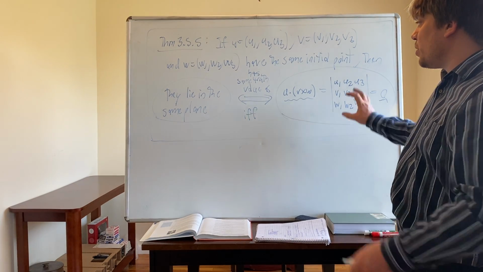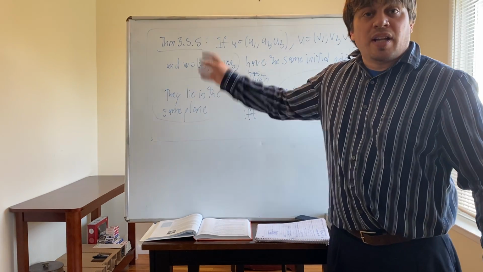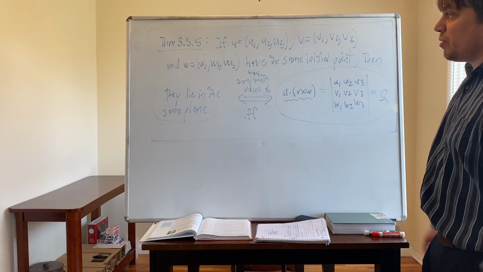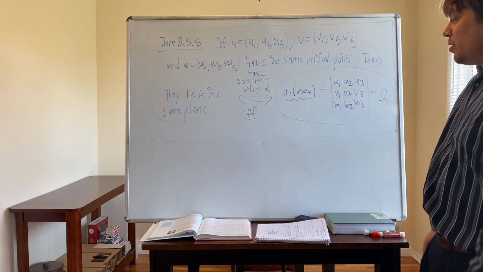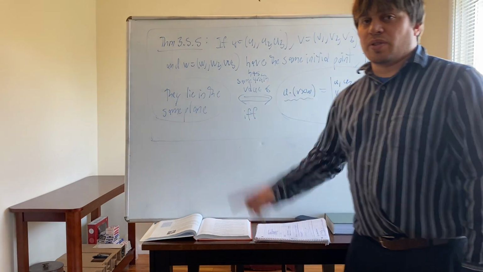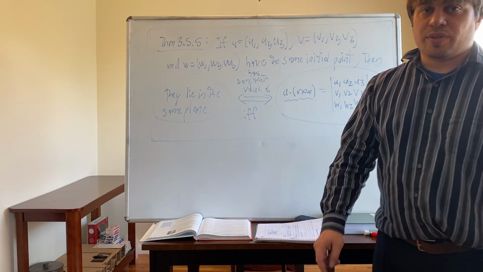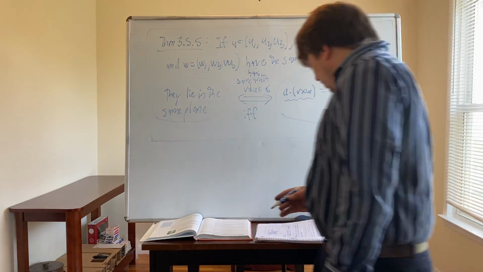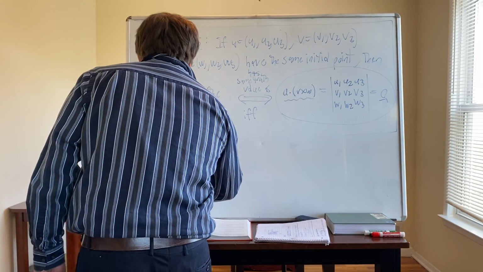Because if I can determine the truth value of either of these statements, I know the truth value of the other statement. Okay, so this theorem, theorem 3.5.5, you can use it in conjunction with knowing whether one of these is true or false, and know the other statement has the same truth value. Okay, and so an illustration of this theorem would be, for instance, if you have the vectors